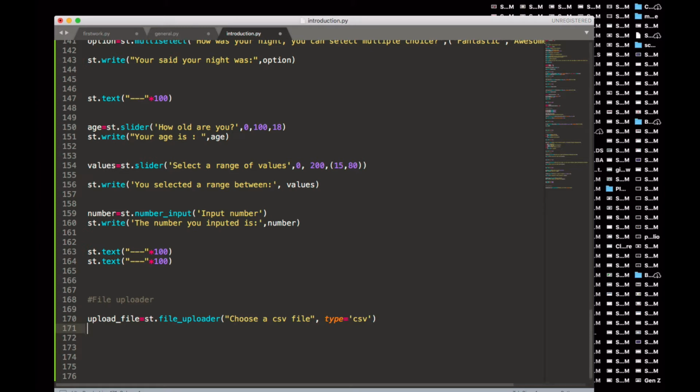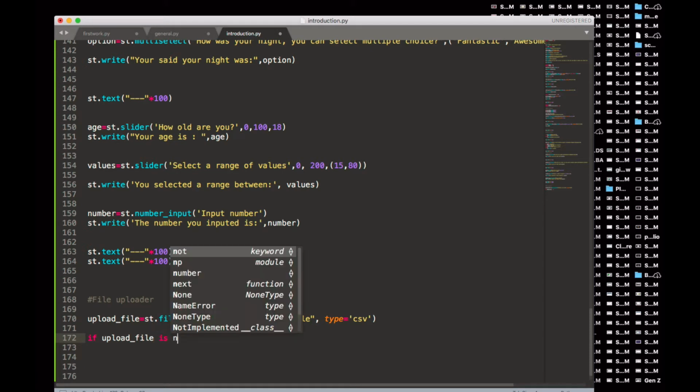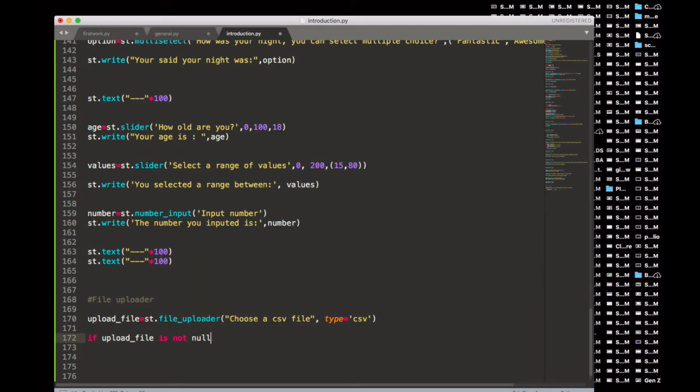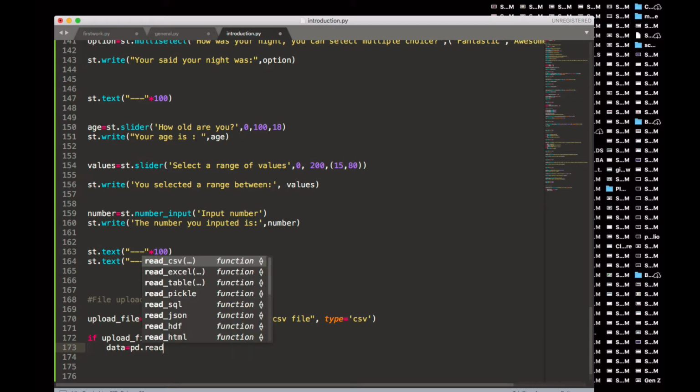So now let me see what I can do here. Let me just write some if function here. So if my upload file is not none, that is, there's something in the file, if the file is not empty, right? Then I'll actually load it using read underscore